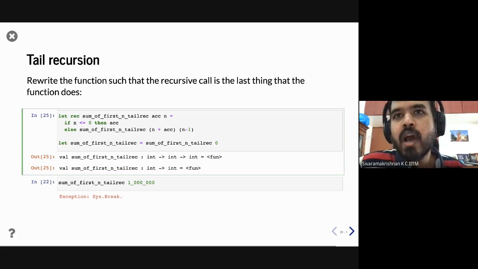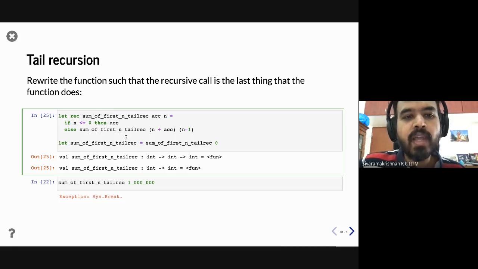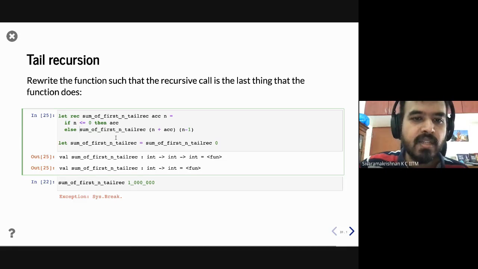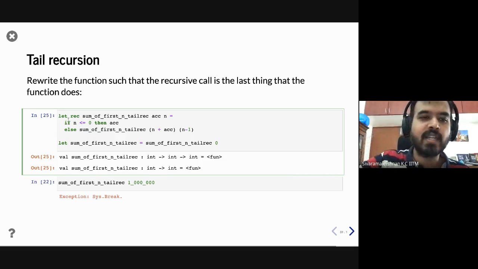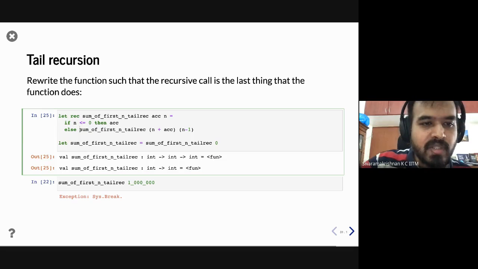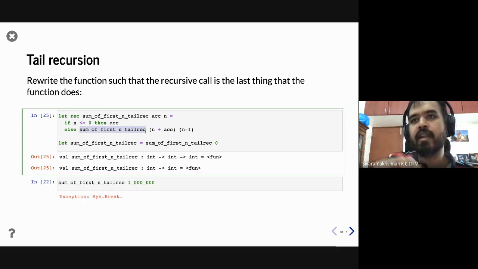And the next question is, how does it recognize a function as tail rec or just rec? So this is compiler analysis. There is a standard compiler pass where you build an abstract syntax tree. All of this you will study in the compiler's course. And then what you will see is that this recursive call is the leaf in that abstract syntax tree.